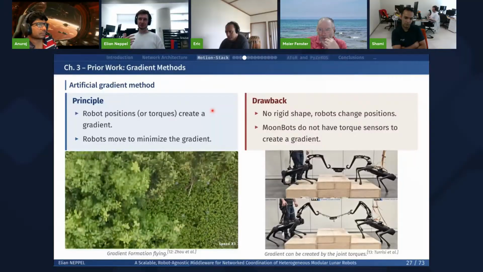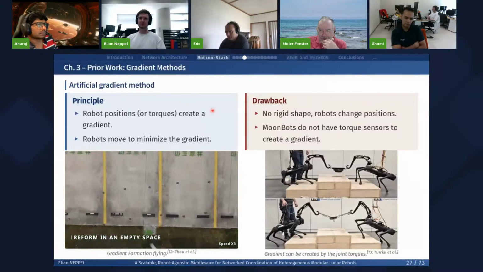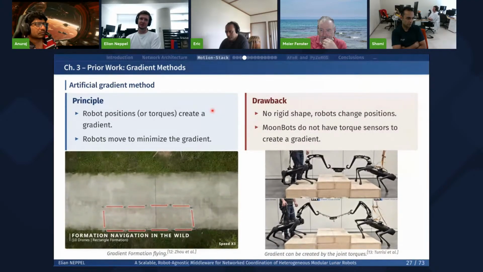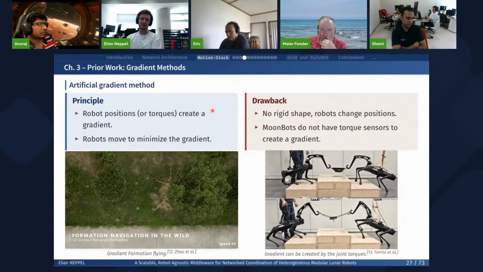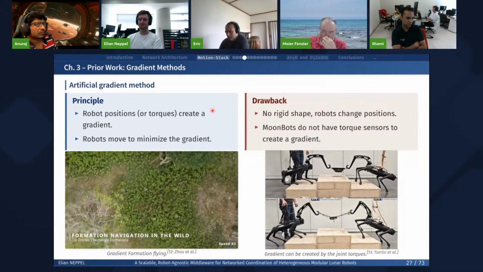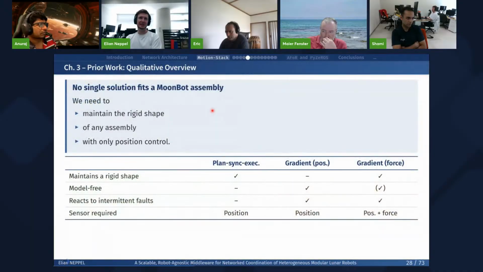And if we want to use torque to control the robots, the issue is that the Moonbots simply do not have any torque sensors. So we see again that we do not have one single solution that does everything we need at the same time. We can either have a rigid shape with plan, synchronize, execute, or we can have something that's model-free, or something that does not require torque sensors.